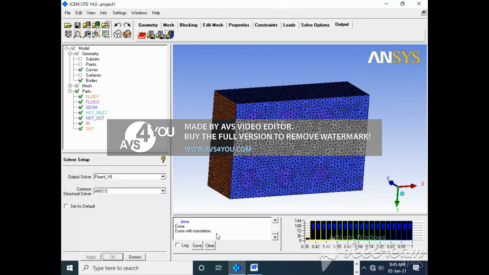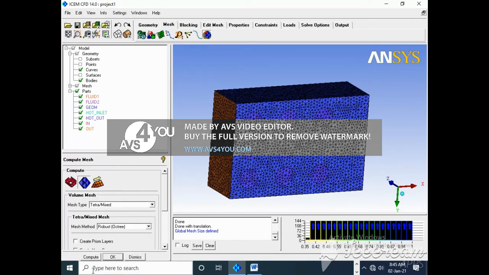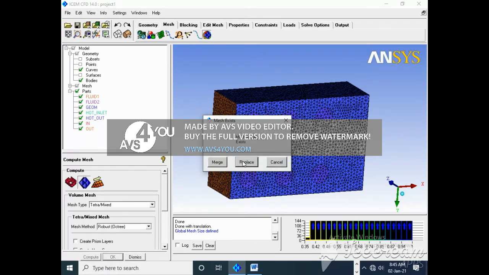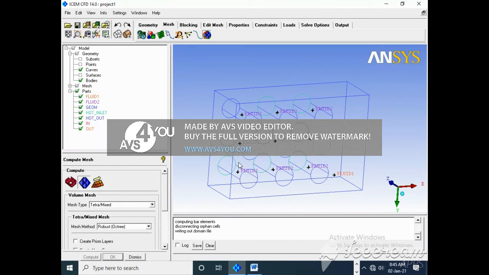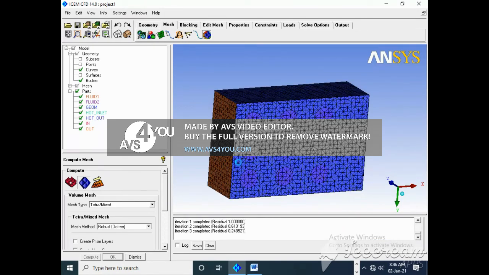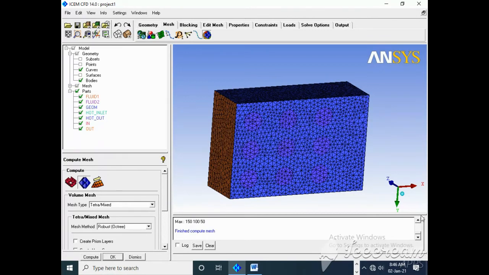Yes, done with translation. Then again go for mesh, it's 2, say apply, compute, replace. See how much mesh count.